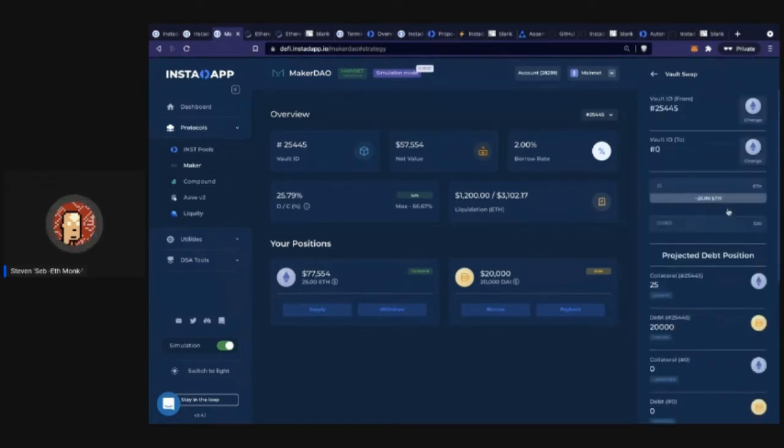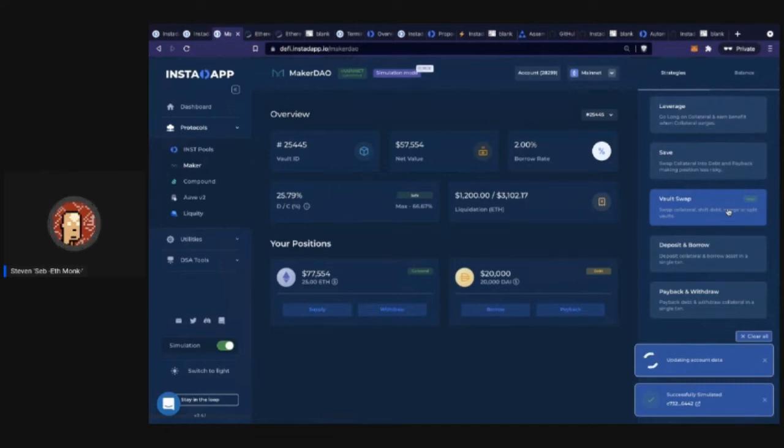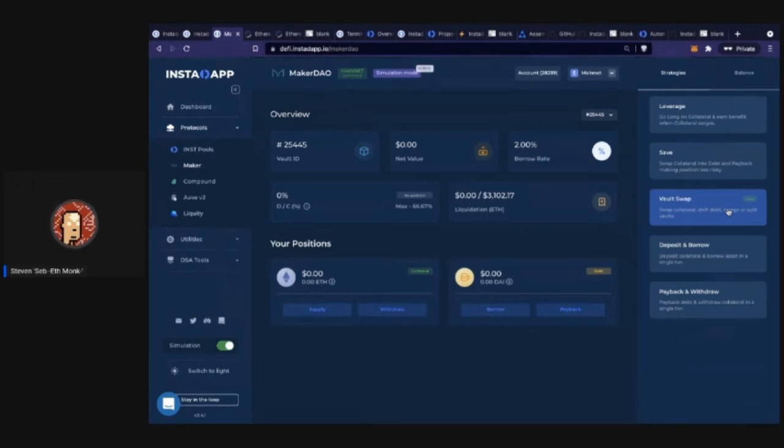Let's say the Ethereum price was getting higher and higher, like it surged, and you're like, okay, well now the amount of debt I owe is really low. Let me actually go to ETH C so I can earn on the interest. And so you can go and check the ETH C vault, and you'll see that you get that nice low 0.5% borrow rate. So that's more or less how Maker works.